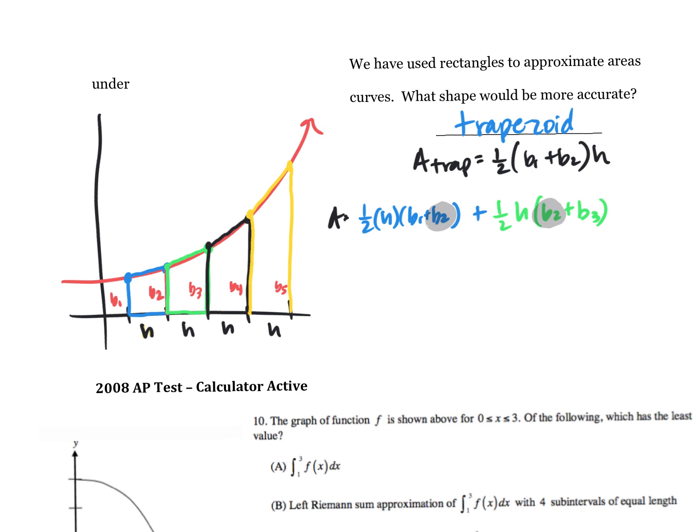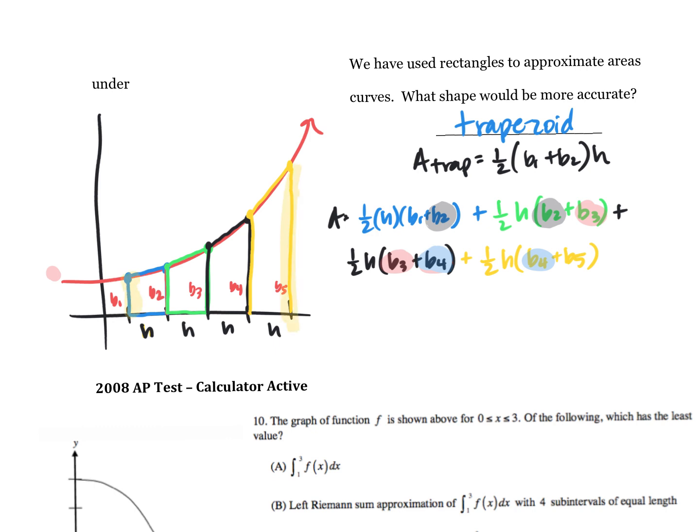Let's go to our third one. We got 1/2. What's the height of that one? Good. We got a B3 and a B4. And my fourth trapezoid is 1/2 the height times B4 and B5. And what I want you to notice was, was B2 used twice? Was B3 used twice? Was B4 used twice? Was B1? No. B5? No. So the endpoints are only used once, which is fine, because that's not doubled used at all, and everything